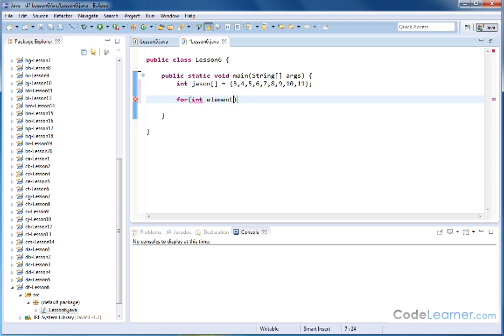We're going to put a colon here, and then after that we're going to put the name of the array that we want to search through. This time the array is called Jason. So to make it more readable, I'll put the colon between like this. Now this is a for loop, so we need to open a curly brace and hit enter, and now this